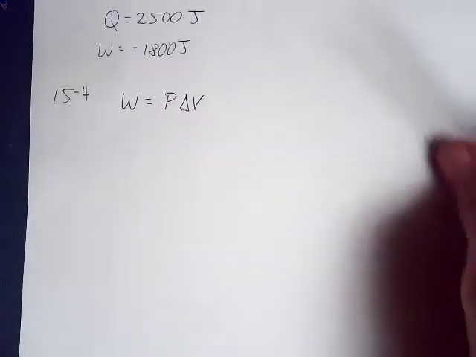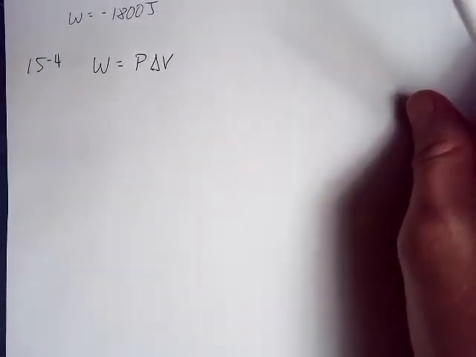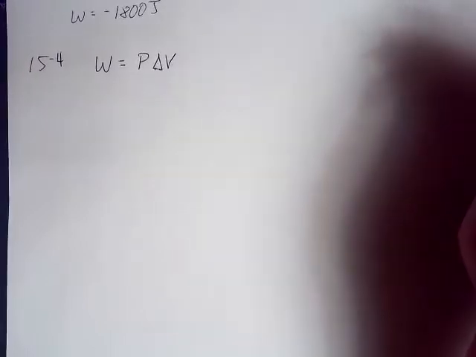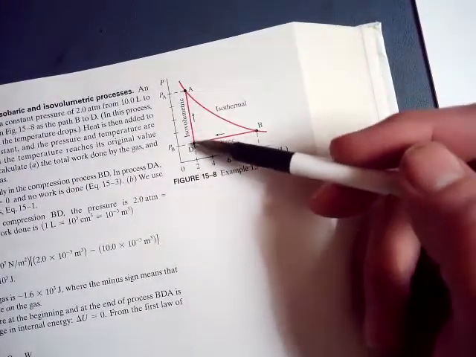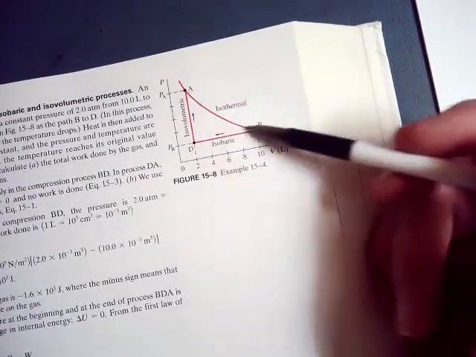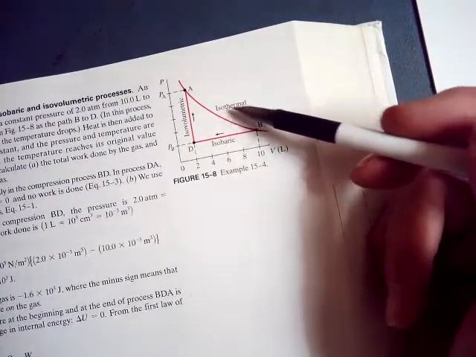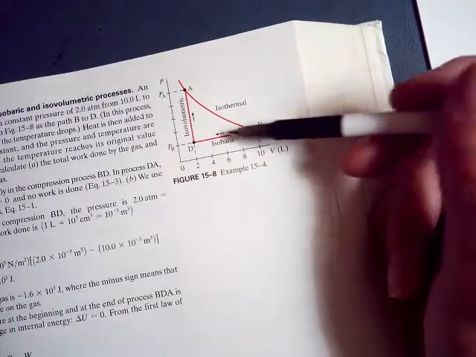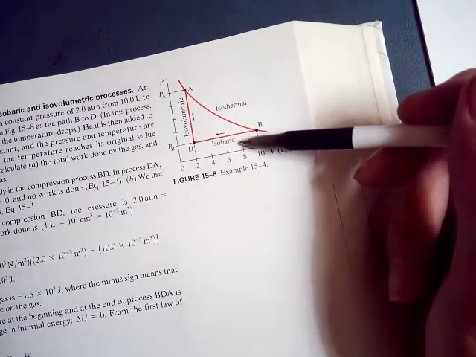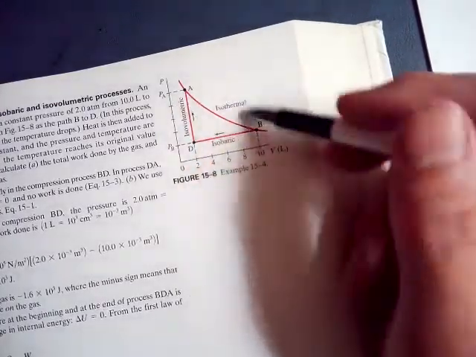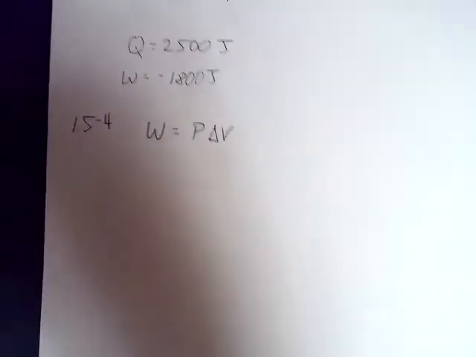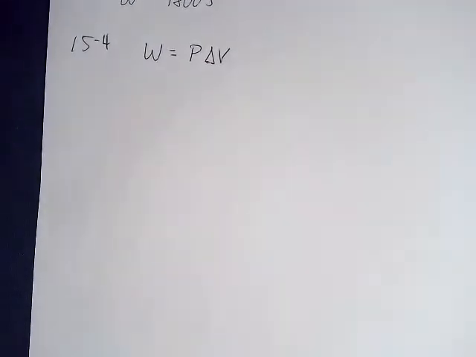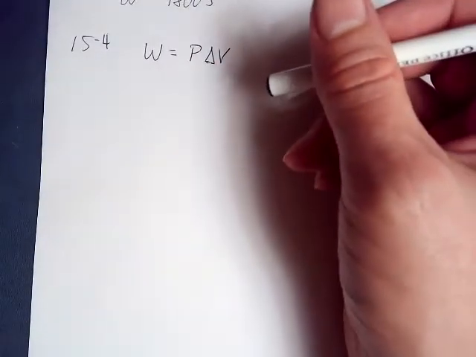Okay, so I don't want you to worry too much about all the ins and outs of all the different processes. For example, I can show you this graph here, where we're having a cycle where this is isovolumetric, meaning you're changing the pressure, and this is isothermal, you're letting it expand, keeping the same temperature, and then you're compressing it by keeping the same pressure, and we're only worried about this little leg here and not the whole thing. If you ever end up taking a 300 level thermodynamics class, you will do that. Okay, so basically,